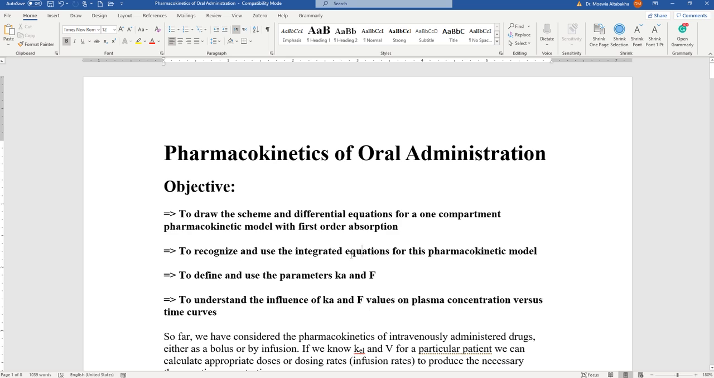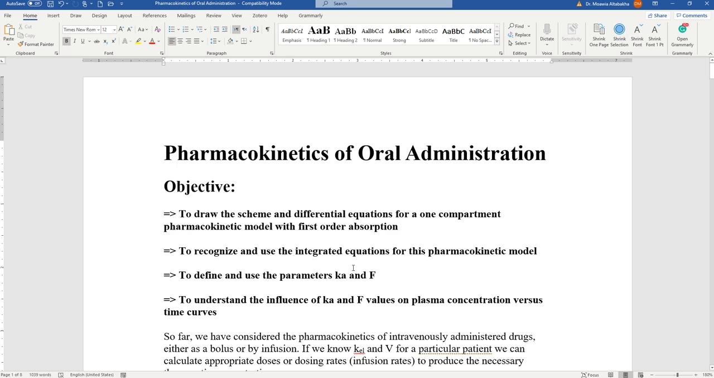In this integrated equation, you will be introduced to important parameters defining the oral absorption, which are Ka. Here Ka is the rate of absorption constant. Rate of absorption constant. Very similar to Kel. Even the units are similar. However, Ka is for absorption, and